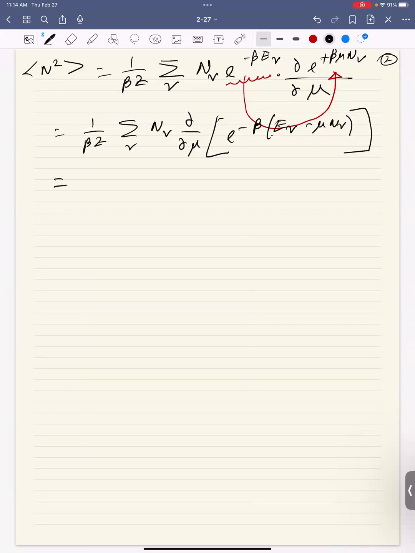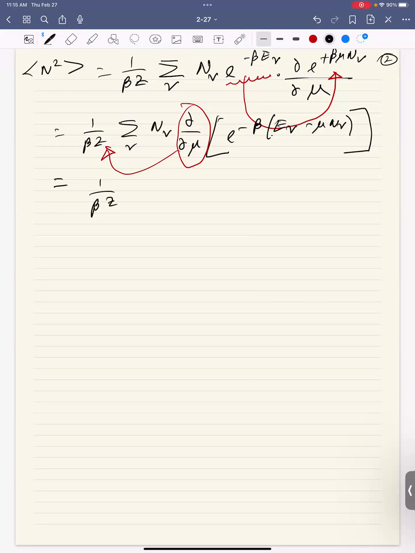So we can bring this partial with respect to mu outside, right? It can just act on the whole thing. This is a subtle one. You would be like, well, how about n nu? N nu does not depend on mu, right? N and mu are conjugate variables. They are connected, but they're different, okay? Mu is something you imposed on the system. What is the chemical potential? And nu changes in every microstate. So mu can be brought out, and this becomes